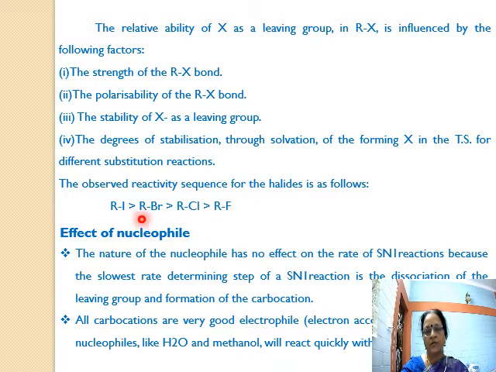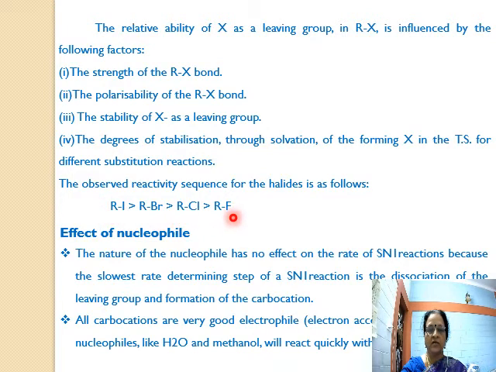Okay. Now why do we say that RF is least reactive and RI is maximum reactive? Because the size of your iodine is bigger. So naturally the bond length between R and I is going to be long, it's a very, very weak bond, and hence it can dissociate very easily when compared to that of the other halogens. So whenever people take up the substitution reactions, they will take the substrates to be alkyl iodides rather than the